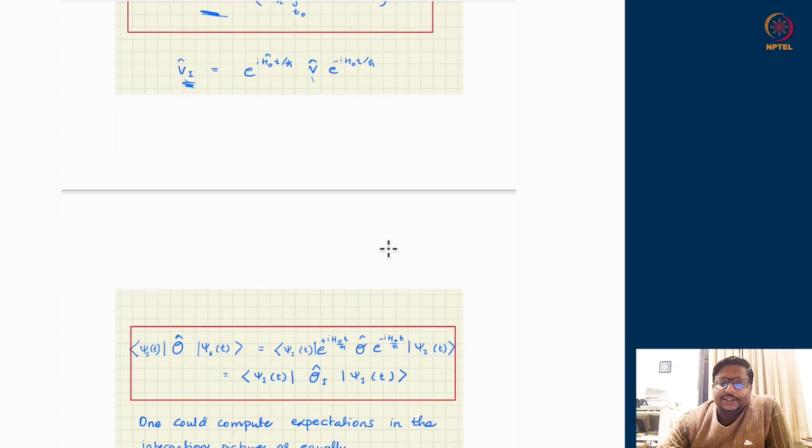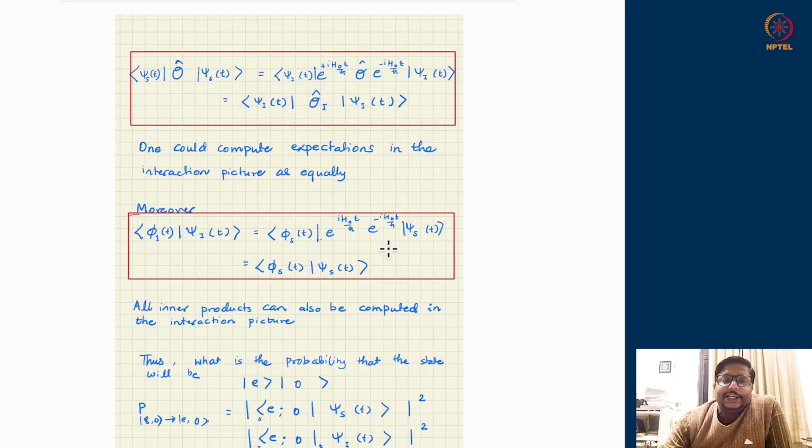Let us proceed further. In that week, we had already learned that once I am in the interaction picture, for any operator's expectation value, either I can go to the Schrodinger picture analysis, take the operator, find out what psi S of t is and squeeze the operator between, and that will give me the expectation value of that operator. But we have learned that everything can equivalently be done in the interaction picture, where I just obtain psi I of t and squeeze between them the interaction version of the operator, which is related to the normal operator like this. This is the interaction O_I.